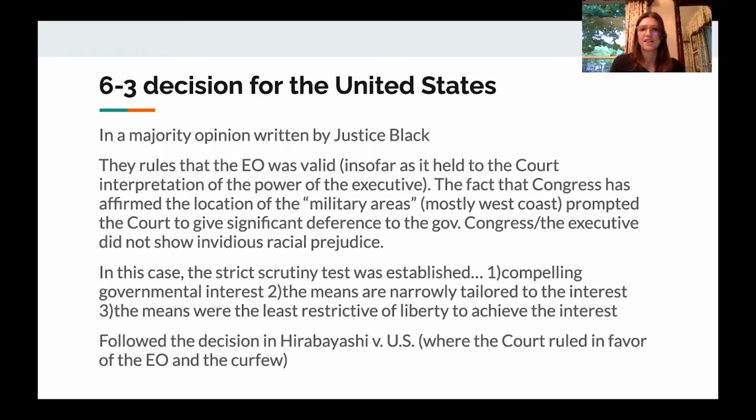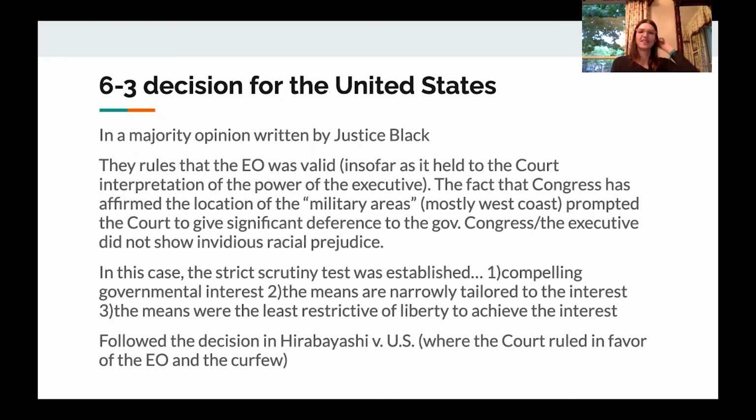They said that Executive Order 9066 was valid insofar as they were able to interpret the power of the executive in a time of war, for which the precedent is quite broad from the Civil War and World War I. The fact that Congress had affirmed the military areas added to the deference that they showed them,